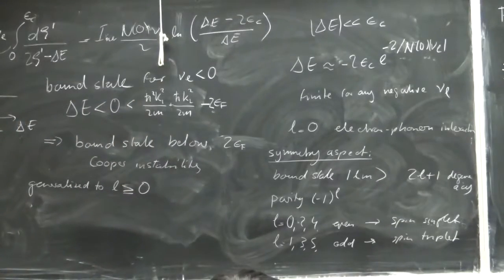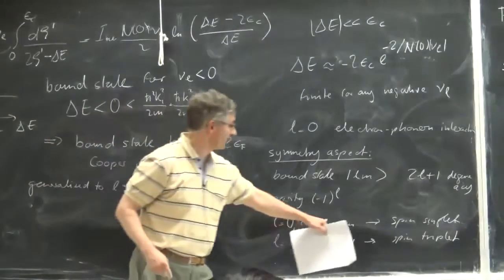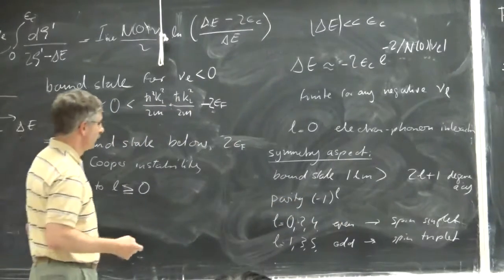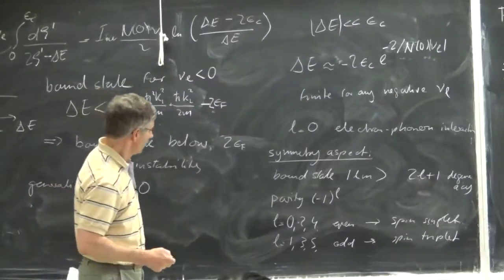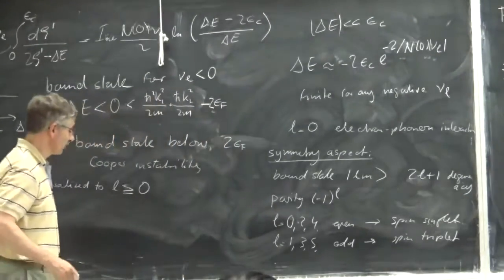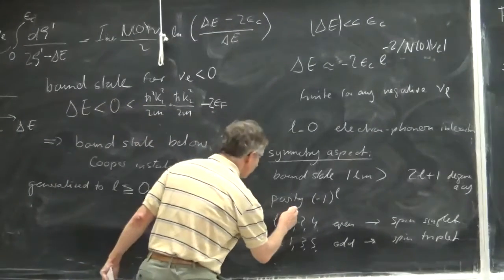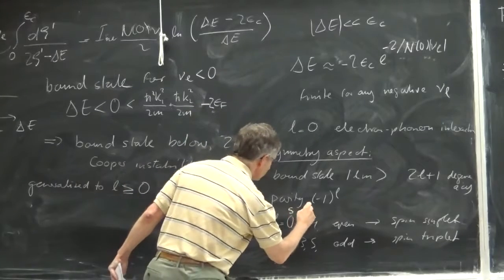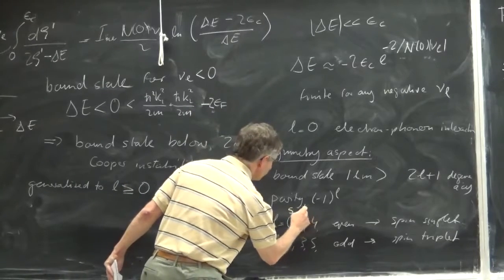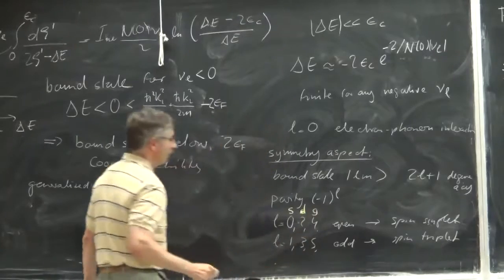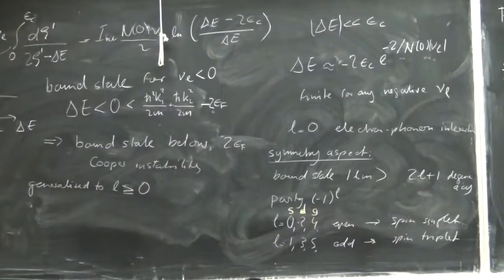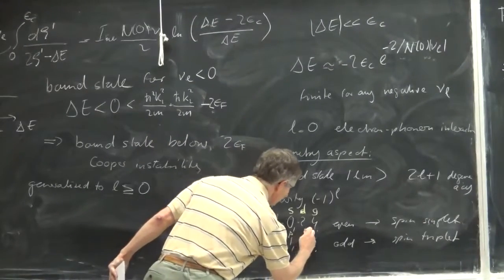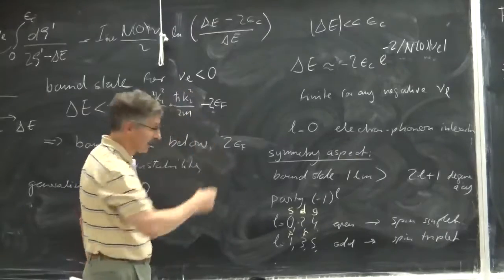In connection with the labeling of angular momentum in, for example, hydrogen orbitals, we also often call L equals 0 the S wave, L equals 2 the D wave, and then there is also the G wave for 4. And for 1 we call it P wave, then we have F wave, and probably the 5 is H wave,